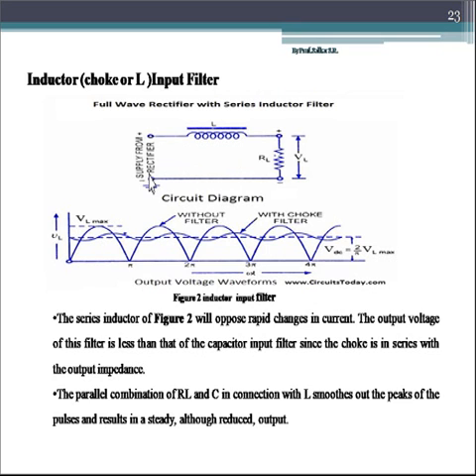Previously, if you remember, in case of the capacitor filter, we connected the capacitor in parallel to the rectifier, but now the inductor here is connected in series to the output of the rectifier, and then the inductor is again connected in series to the load RL, and across RL we are going to get the output voltage VL. These are the input output waveforms, which show the condition without filter and the condition with the choke filter.